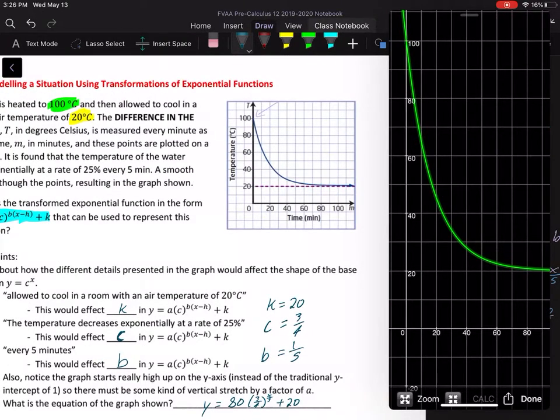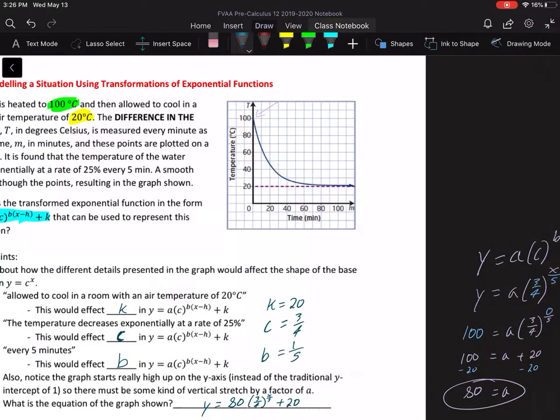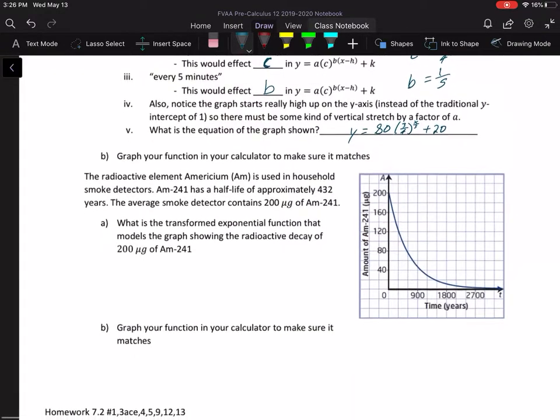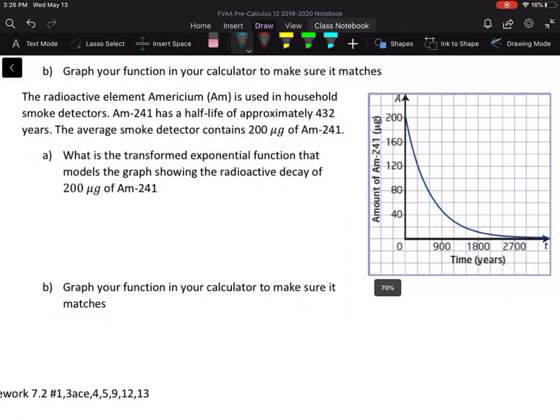All right, so that might have been confusing, but I do want you guys to give it a shot. Radioactivity is kind of an example that we looked at last video, so we should have some idea now of how half-life works. So I want you guys to come up with the transformations and the equation for this situation here. So a radioactive element of americium